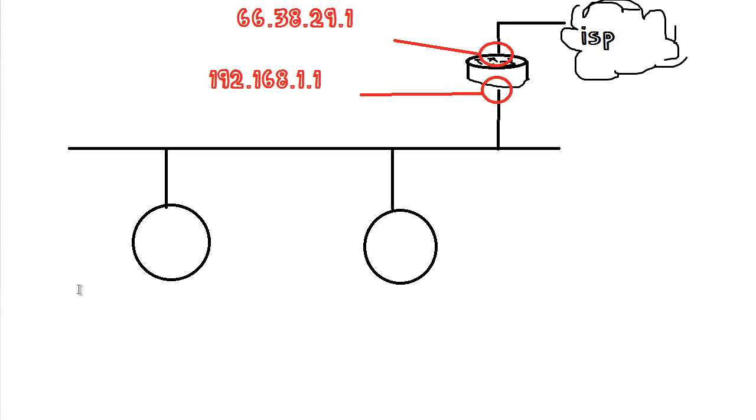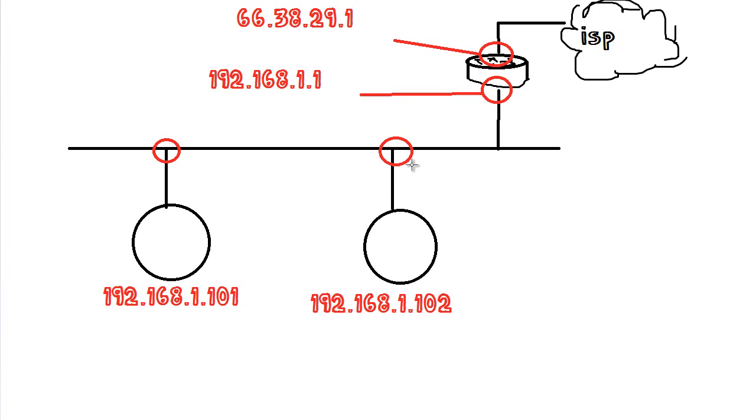And then in addition to that, each of your computers has an IP address that's probably assigned by the router, but let's just say it is this, and this, for interfaces here and here. Now, we still don't need a subnet mask. This node can send to that node, both nodes can send to the router, and the router can send to both of these nodes perfectly fine without a subnet mask or a default gateway.